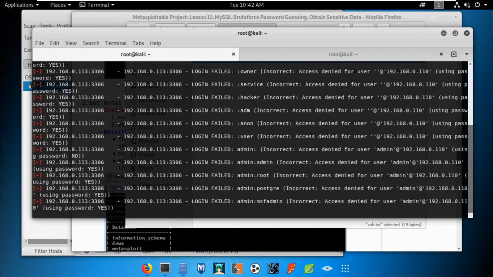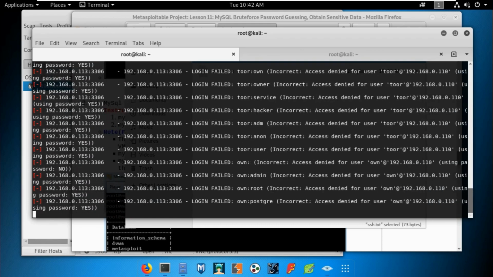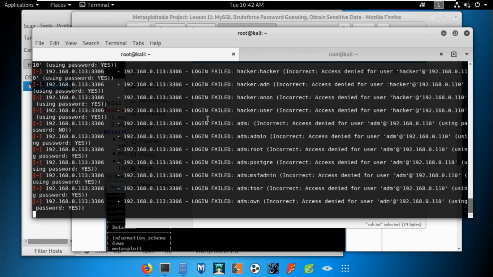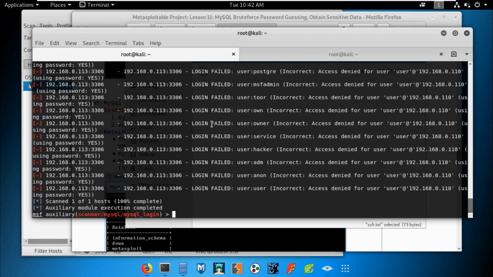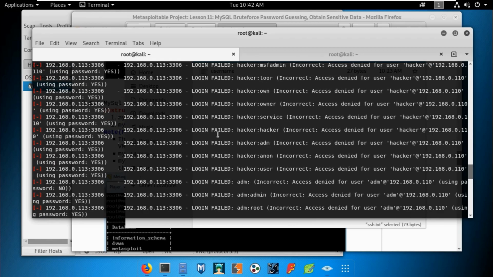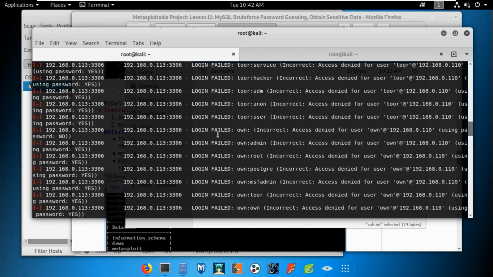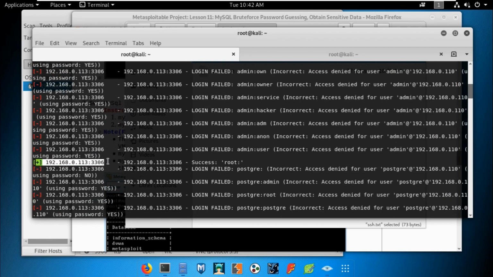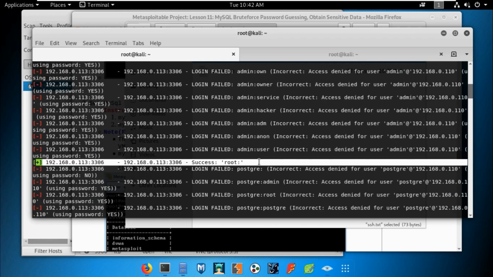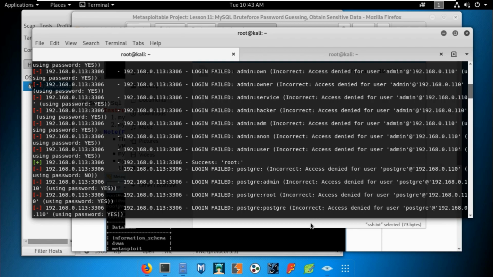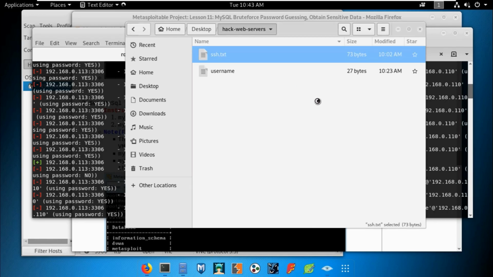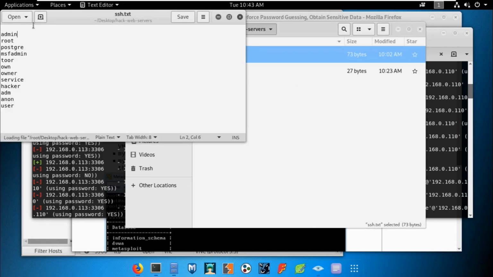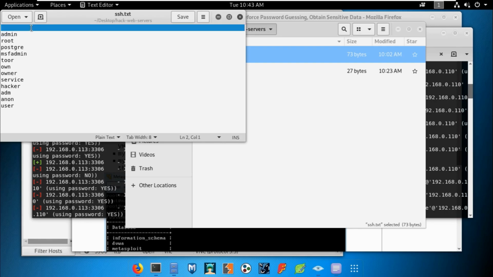If we run this one, okay, let this one just complete the brute force method. This is just going too fast, I think. As you can see, let's move to the top. Okay, as you can see, we have successfully gained it: the password is nothing. Let's check if we have the password. Okay, as you can see, there is nothing, the blank text.